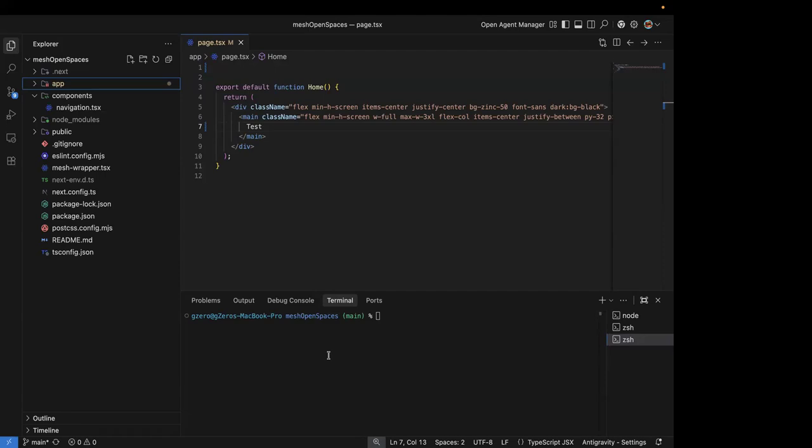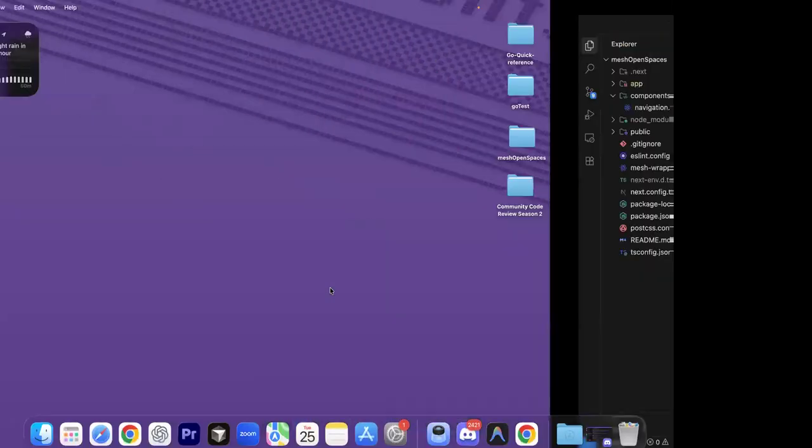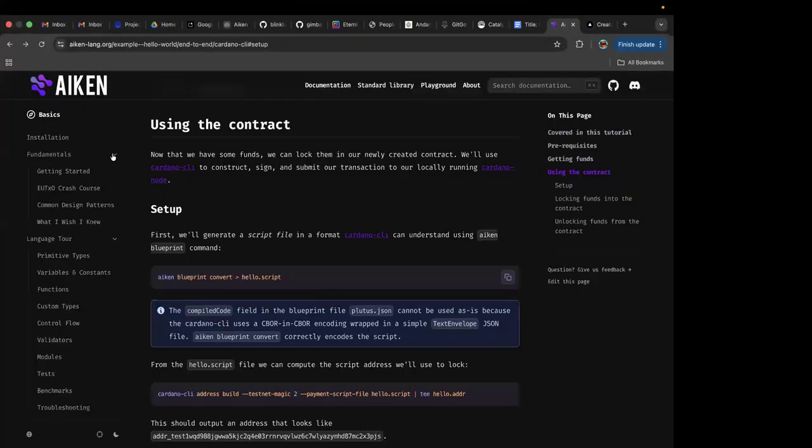I think the first thing to do is to get the validator prepared, the validator we are talking about. Yeah, I do have to prepare the validator, but to prepare it, I'll have to create a folder inside of our repo. So for that, we will directly go to the Aiken docs and see how Aiken is doing it. So when you go to Aiken,